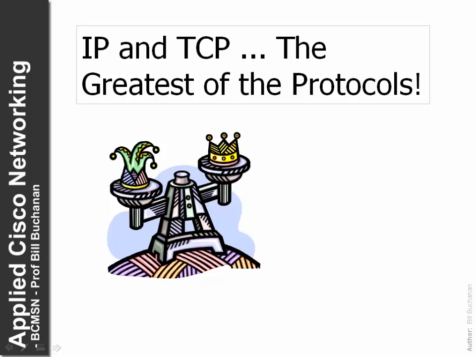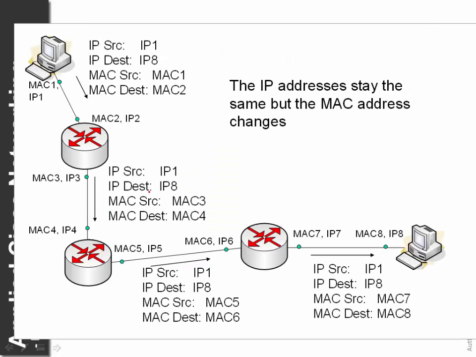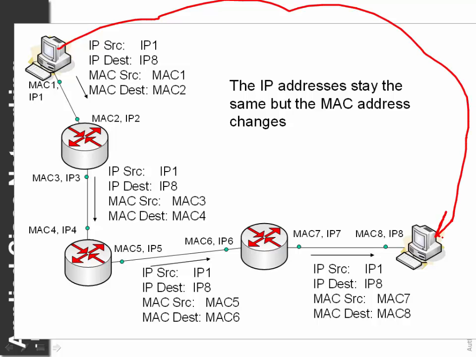Okay, so how does the internet actually work, and how is it that computers can add and delete themselves from the internet and other destination nodes can find them? Well, basically, when this machine wants to talk to this machine, this machine does not need to know the MAC address of the destination. It would be too difficult for it to find that out.